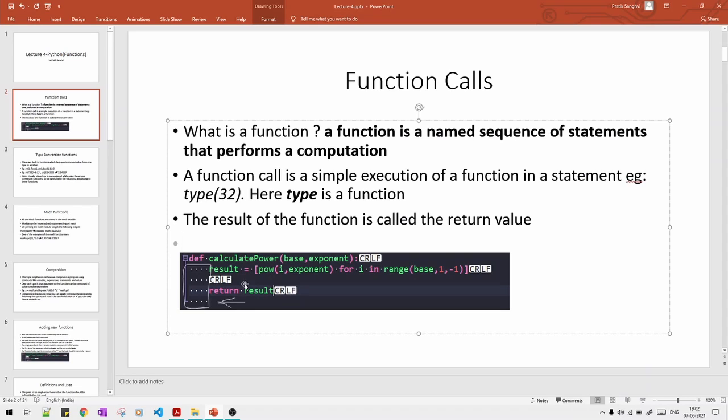So in this case, what this function does is it takes the base and the exponent, and starting from base up till 1, it will calculate all the powers. So, the list would be all of these results which would be returned to us. Moving further,